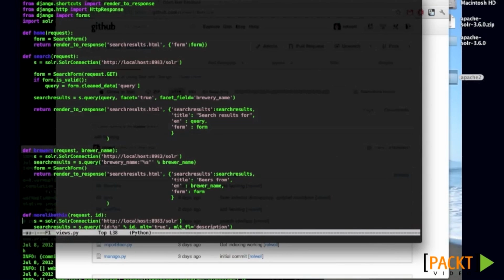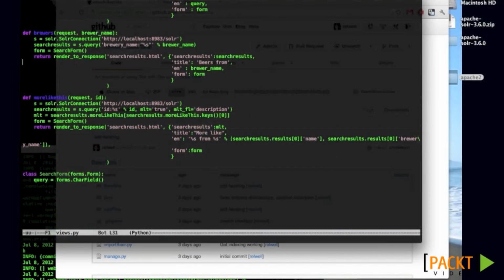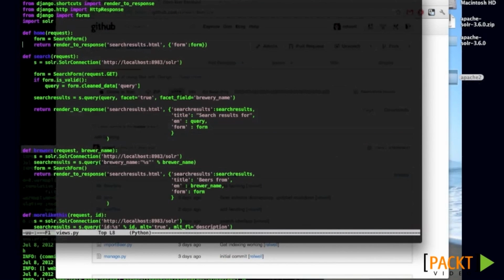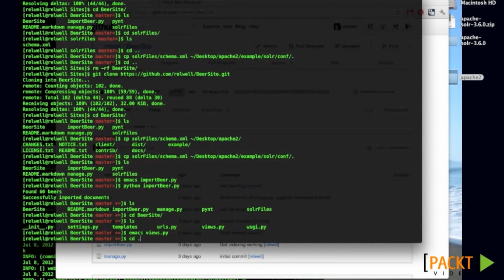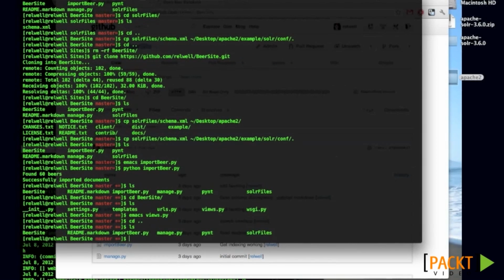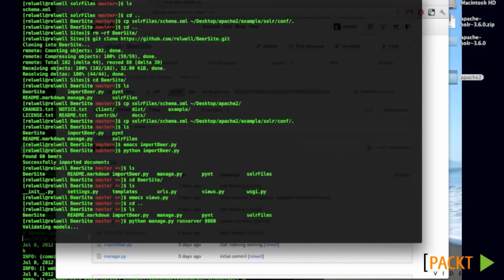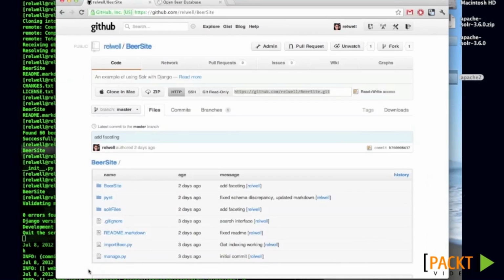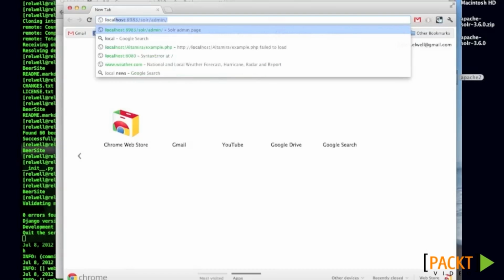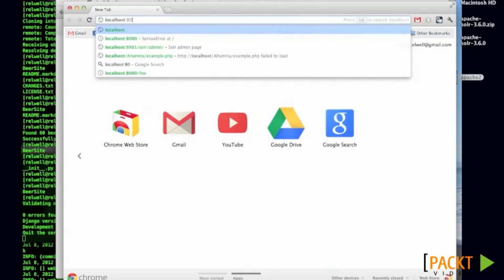And we also have brewers and more beers like this. So in order to access this site, we type python manage.py runserver, and then the port that you want to run it on. I'm going to use 8080. So now we can go to localhost:8080,